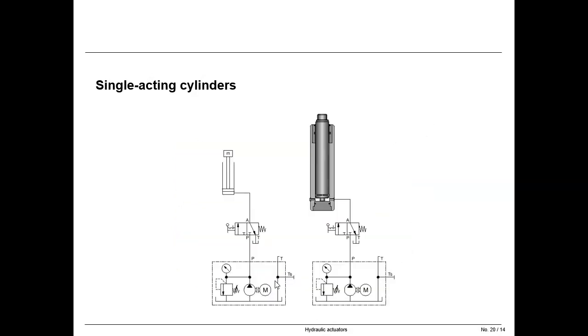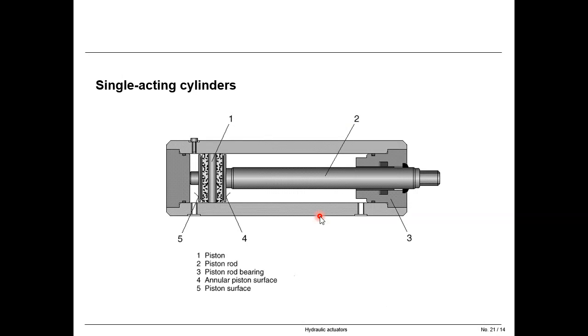And we also discussed some hydraulic circuits, like you see here, a hydraulic circuit with a single acting cylinder. To drive the hydraulic linear actuator, we use a 3-2-way valve, as you see here. The return stroke occurs by the weight of the piston or piston rod, or any load acting from the outside on the piston in the axial direction. Then for the single acting cylinder, we talked about the components. This is the piston and the piston rod here,